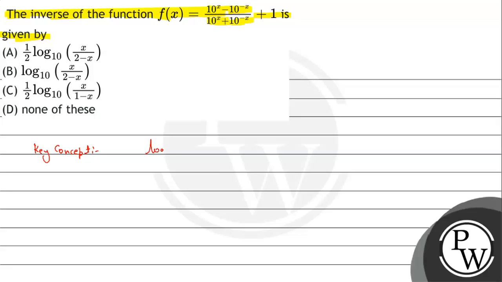तो key concept होता है, log of a^m at base b equals m log of a at base b, और a और b दोनों ही positive होते हैं, b 1 के equal नहीं होता। यहाँ लिख देते हैं a, b is greater than 0 and b does not equal 1। और कभी भी हमें अगर inverse function find करना होता है और f(x) given होता है तो हम f(x) को पहले y के equal करते हैं, then f inverse y equals x हो जाता है, तो हम पहले f(x) को y के equal करके x की value find करते हैं y के terms में।